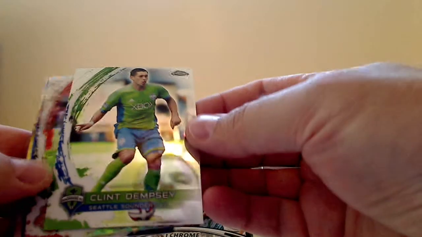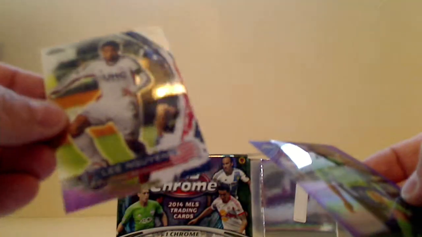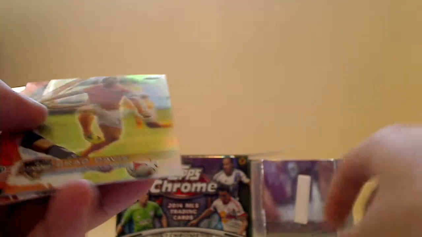There's Clint Dempsey, base card. I see an X-Fractor. Jermaine Defoe, Toronto FC. Non-numbered Chad Marshall. And a Lee Nguyen base. So man, these are piling up, these refractors. The purples are 1 in 2 packs, and we've got 3 of those now. So 2 base, lots of refractors here. The X-Fractor, Brad Evans, Brad Davis, that's a refractor,